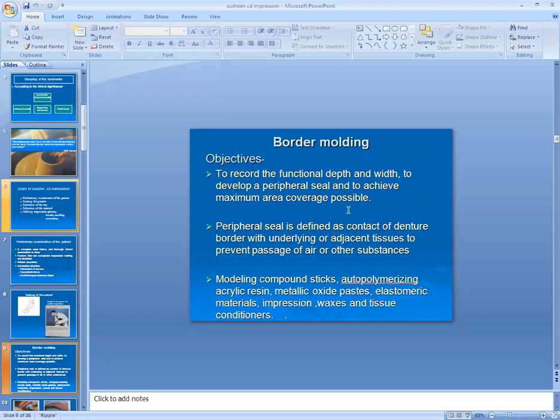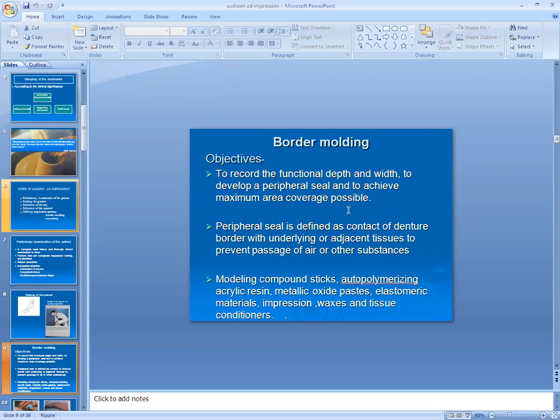Because during speaking, air is generated and it is passing outside, that's why various sounds are pronounced. So our aim is to seal that air passage area and food particle area. When the patient chews or swallows, food should not enter from any peripheral area. That is our main objective.